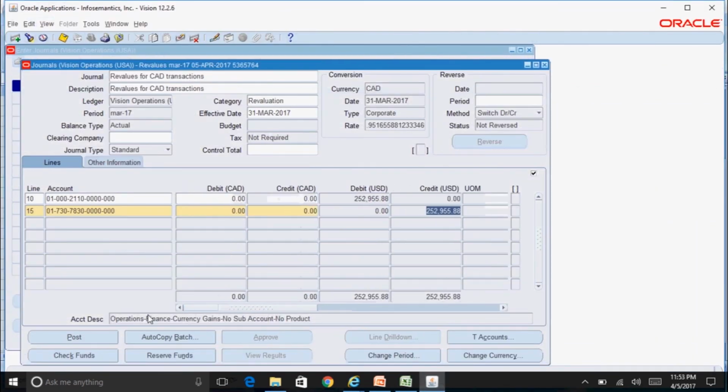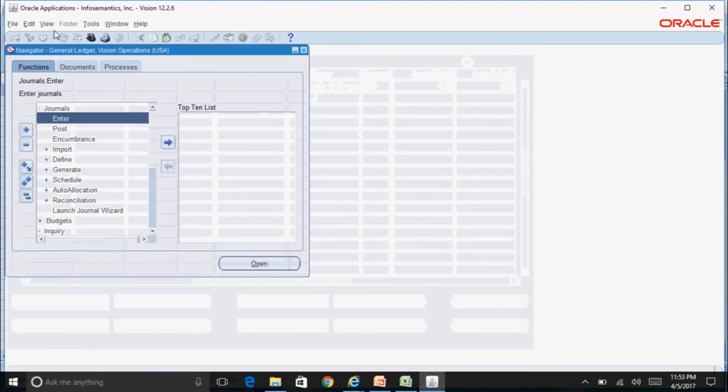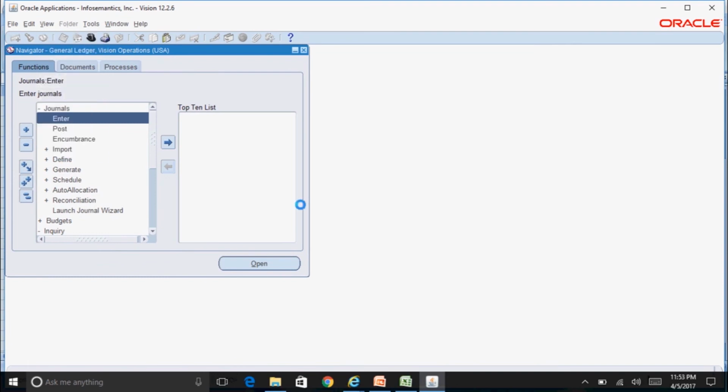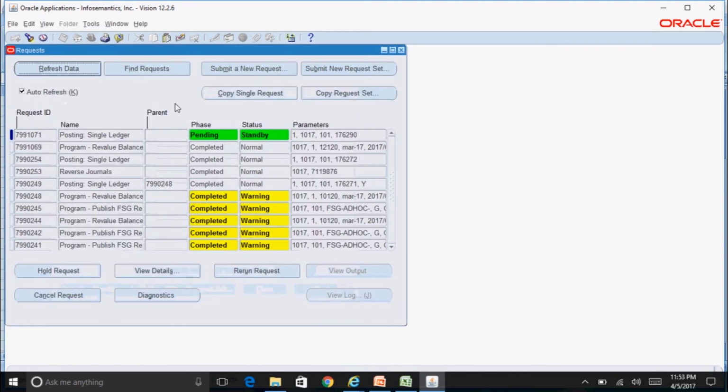Now you can post this particular journal. We will post this journal and then again check the balance under this particular account code combination. Check the posting program. Still running. And again, you have got an option when you are actually creating your revaluation template. There is a checkbox called auto post revaluation.